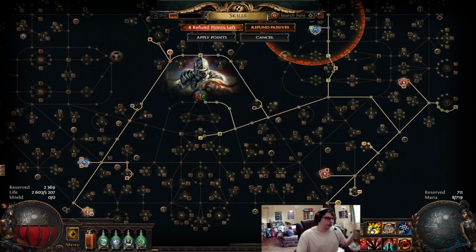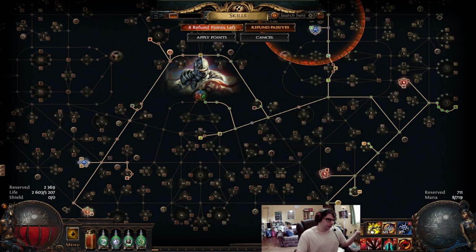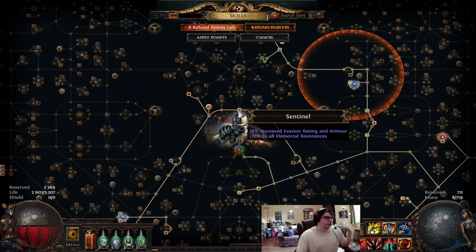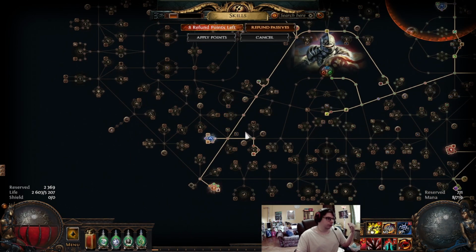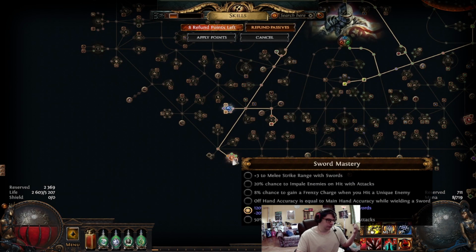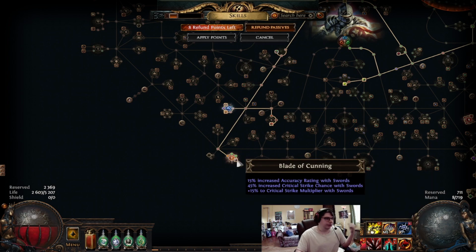Starting in the Duelist area with Art of the Gladiator, Bravery, and with pathing towards the Jewel Socket, then taking Sentinel with Iron Grip and Constitution for maximum life, a Jewel Socket here, taking the Reservation wheel here with Reservation Mastery, increased reservation efficiency of skills, taking here the Sword Mastery with increased critical chance with swords, and Blade of Cunning,